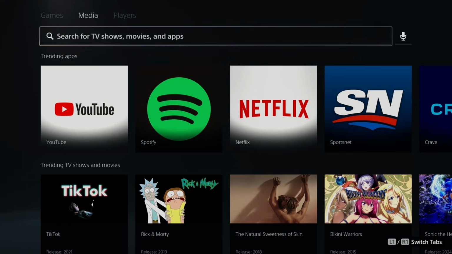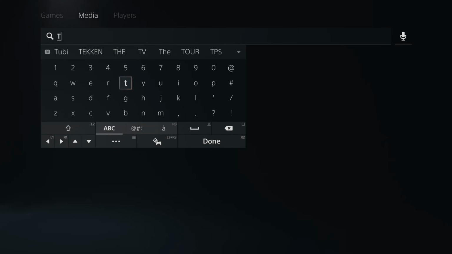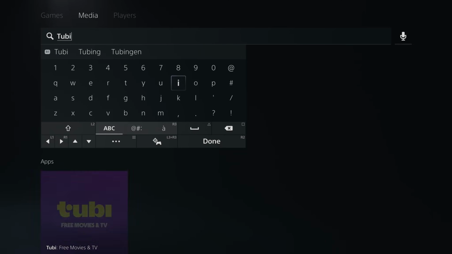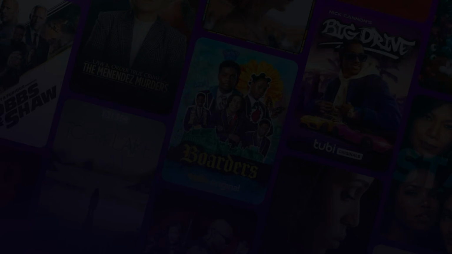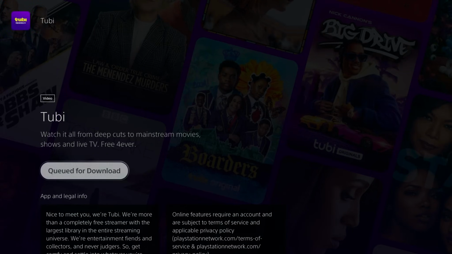Now once you're here, in the search bar, we're going to be typing in Tubi. Now this is a free platform for streaming movies as well as TV. It's one of the most popular, with the only caveat being that you'll have to watch ads. So select it now from apps, and we're going to go to download, and then it'll automatically begin downloading and